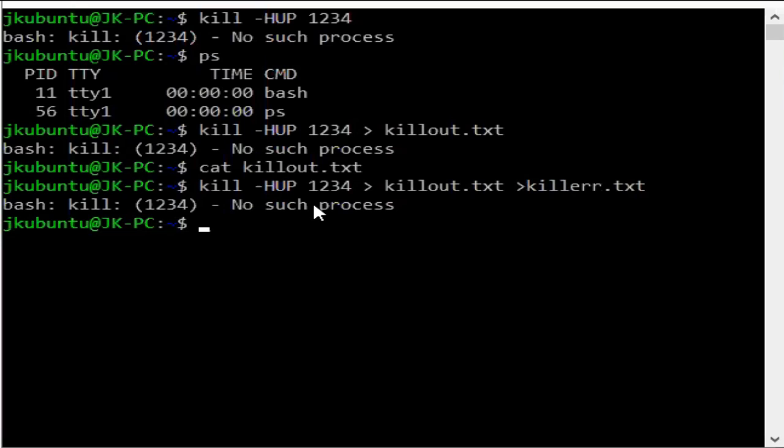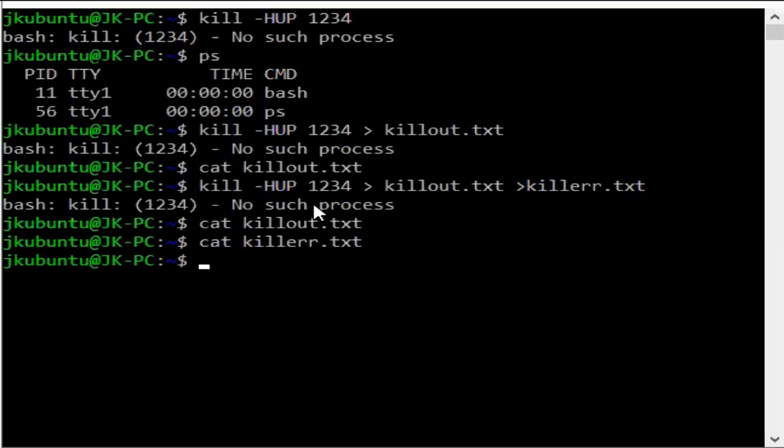Now I'm going to display the output of killout. It is not containing anything. Then I'm going to display the output of the file kill error.txt. Again, it contains nothing. So now my intention is I want to write the output onto the file but not